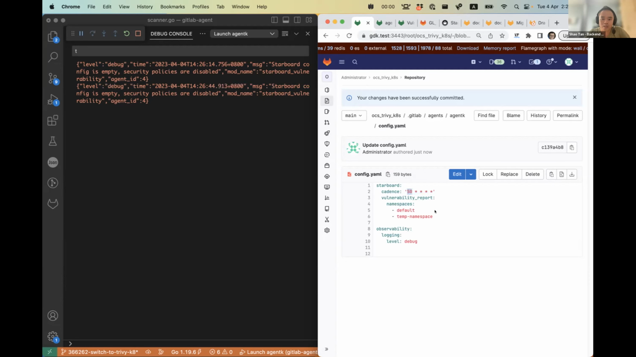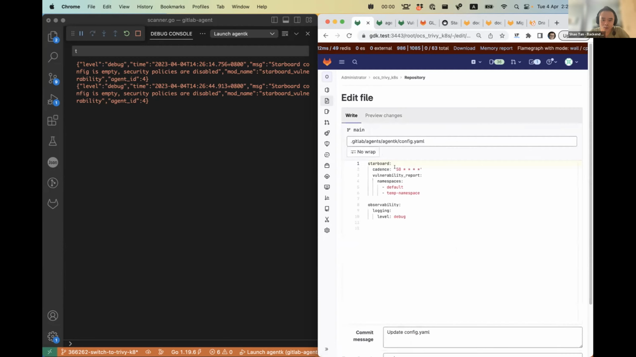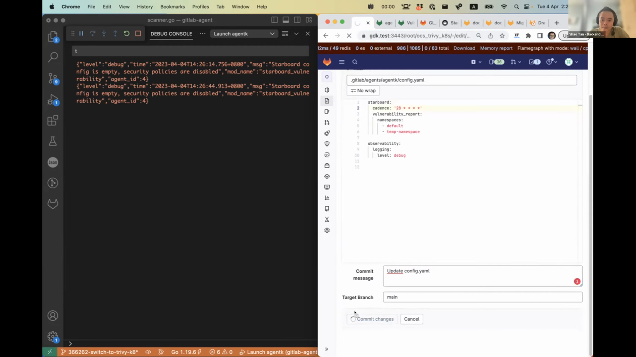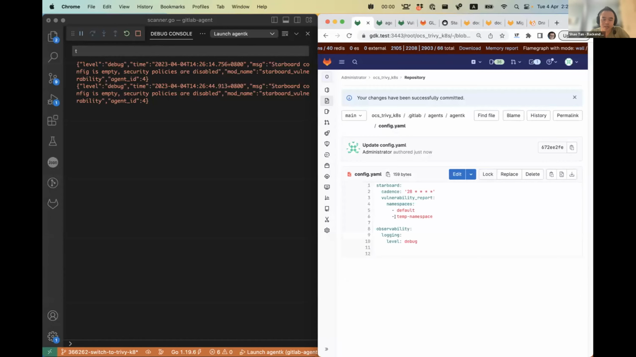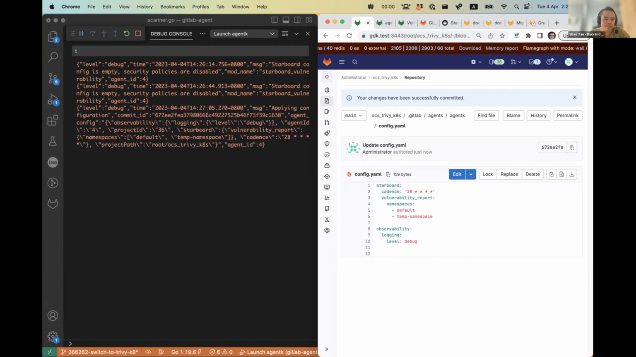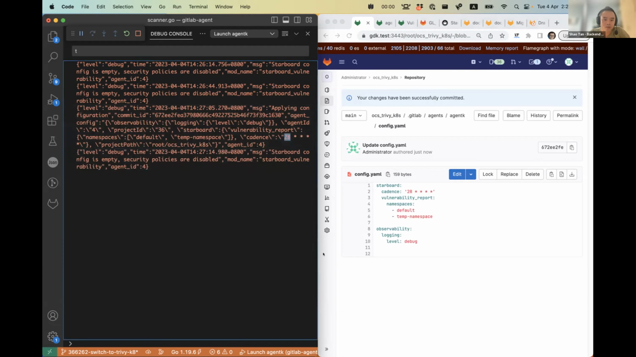So what I'm going to do now is I'm going to change it to maybe let's say 28, right? So it's going to run at every 28th minute of the hour. Right, I have to make a commit. So this is how GitLab agent is set up. Whenever the configuration file changes, the agent picks it up and it reconfigures the setting. So you see that over here, now it knows that every 28th minute of the hour, it would run a